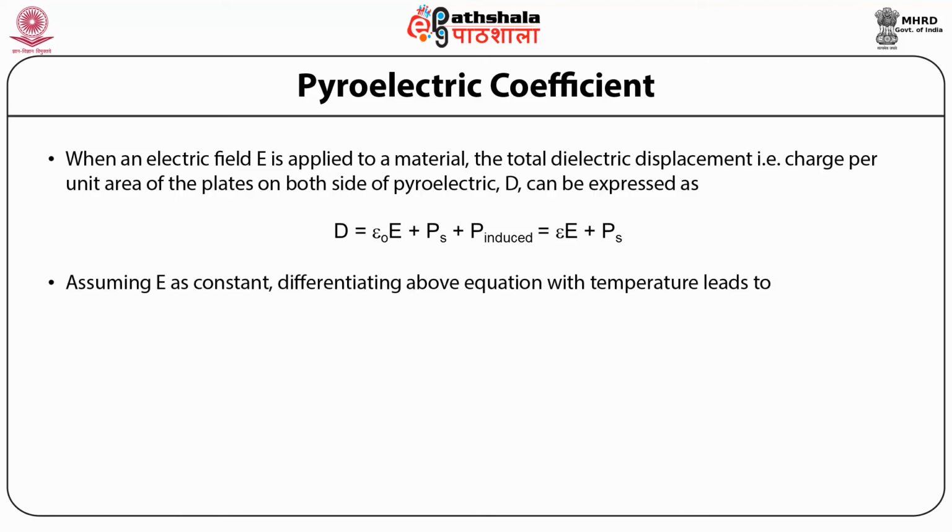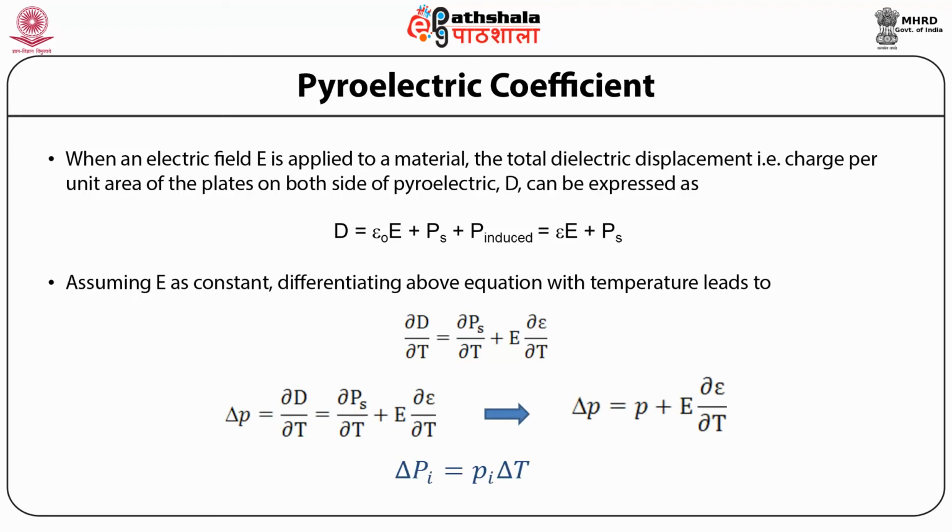Assuming that E is constant and differentiating the above equation with respect to temperature, it gives del D by del T equals del PS by del T plus E del epsilon by del T. Now defining the generalized pyroelectric coefficient delta P, which is the change in polarization with temperature, we can write delta P as del D by del T, which is equal to del PS by del T plus E del epsilon by del T. So delta P is equal to P plus E del epsilon by del T, where P is defined as the true